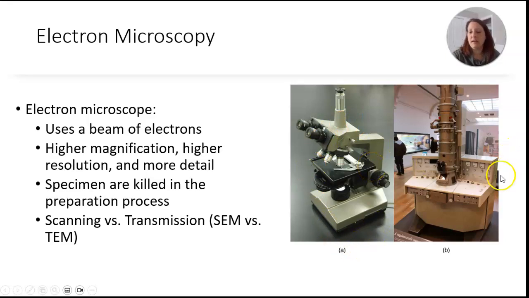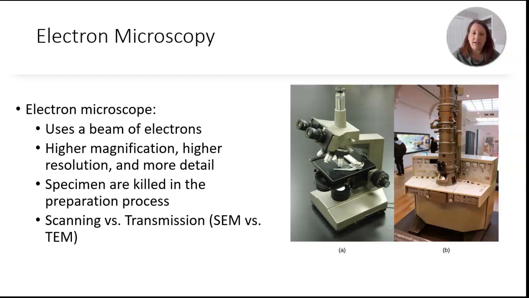And on the right here, you can see there's some people here, right? Look how big this instrument is. This is called an electron microscope. We don't have one of these at MVCC. I used one in graduate school. They're large, they're expensive to run, expensive to maintain. So, we don't need them at MV, but they're pretty neat instruments. So an electron microscope, instead of using light, it uses a beam of electrons.